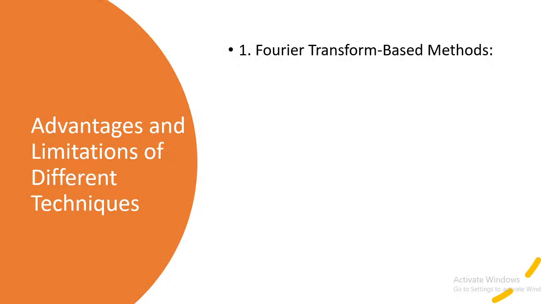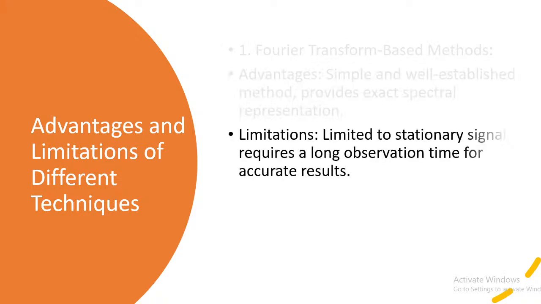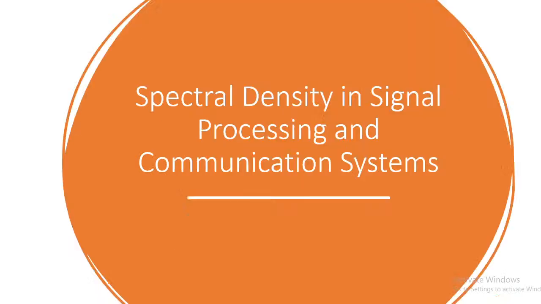Now, what are the advantages and limitations of these different techniques? If you have Fourier transform based methods, then the advantage is a simple, well-established method that provides exact spectral representation. Limitation is it is limited to stationary signals, and requires a long observation of